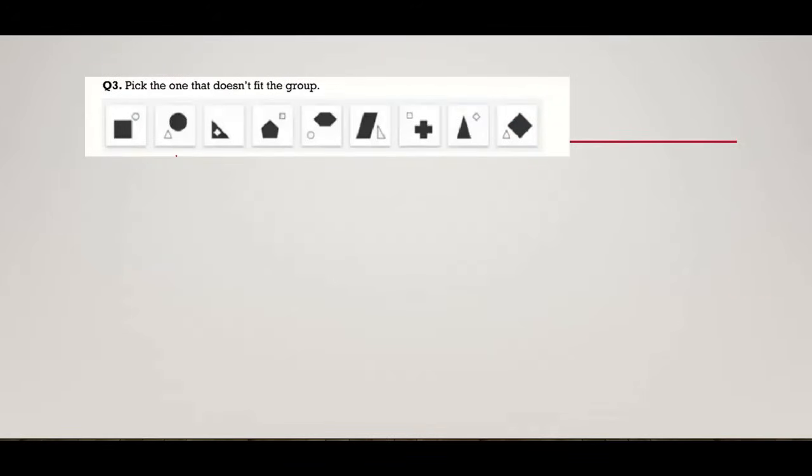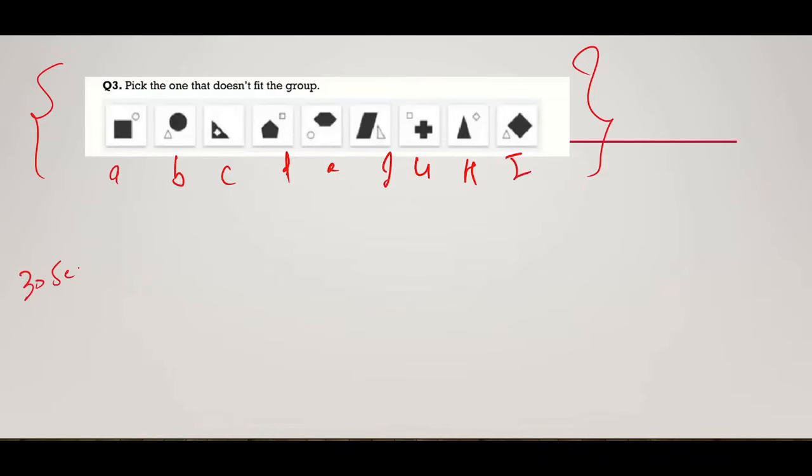जैसे पहला क्वेश्चन आप देख सकते हो, ये है: pick the one which does not fit the group. सो ये काइंड ऑफ क्वेश्चन इसमें आपको देखने को मिल सकते हैं। मतलब इसमें इतने सारे फिगर्स दिए हैं, इसका आप नंबरिंग करोगे तो A B C D E F G H I, ठीक है। अब इसको सॉल्व करने के लिए आपके पास ज्यादा टाइम होगा नहीं, मुश्किल से 30 सेकेंड्स या 1 मिनट का टाइम आप बोल सकते हो।